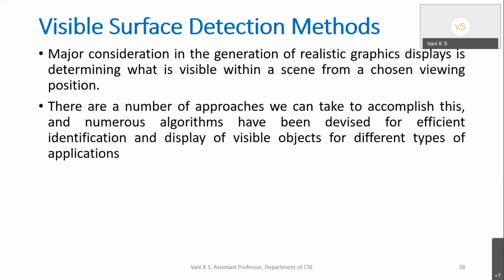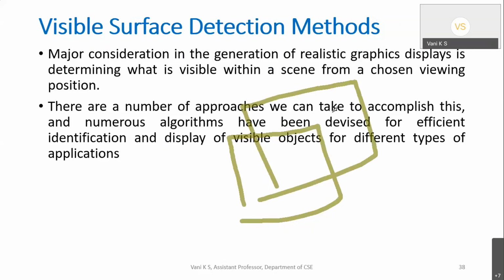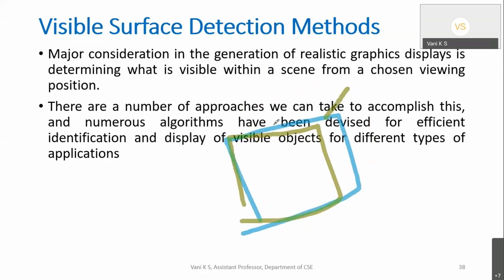The next one I have come to here is a visible surface detection method. So we all learned about projections, everything, now. In 3D, definitely we cannot see all the coordinates of a 3D object. For example, if you draw a cube something like this, there will be some surfaces or some points which will be hidden from our view.